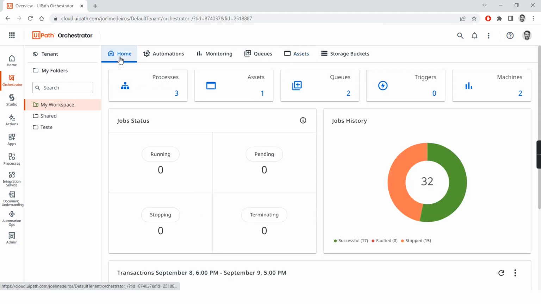This is the place where you can monitor and manage, but also you can manage licenses from here. So if you are an administrator, you will be able to see how many licenses are available, how many licenses were provisioned, and so on. All right, so this is the Studio, Assistant, and the Orchestrator.